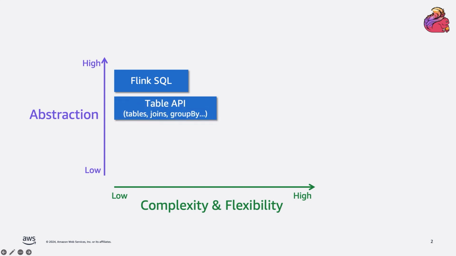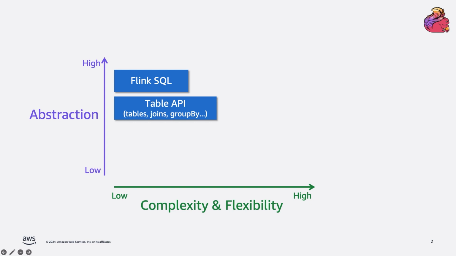Next, we have the Table API. There isn't much difference between SQL and the Table API, as they both make use of the same abstraction of tables. However, the Table API is a programmatic API that directly integrates with Java and Python code, allowing you to work with the data in a way that is more coupled with the programming language of your choosing, where you can still use joins, group bys, filters, among other transformations.